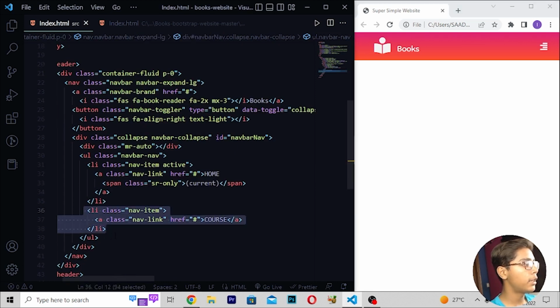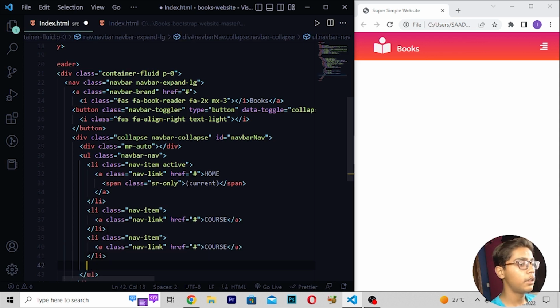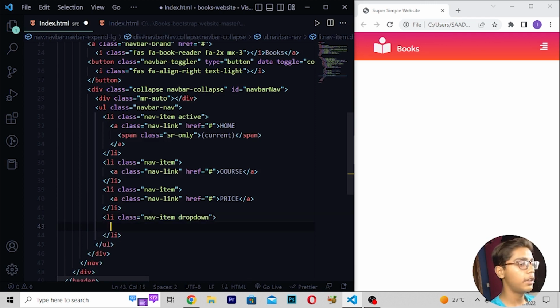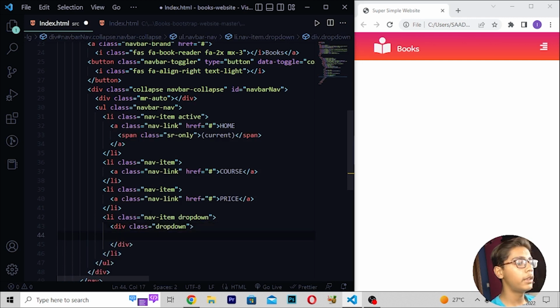Now when you are getting this, I will be copying this, then you have to paste this, and then you have to just do one thing. Here I will be moving right here to the price section. I'll be moving down to li class, then writing nav item, then dropdown. Then, moving down to div class, I'll write dropdown, a tag, hashtag, nav link, then pages.